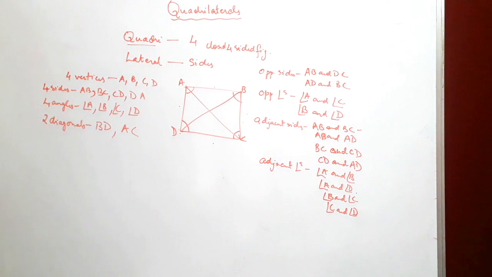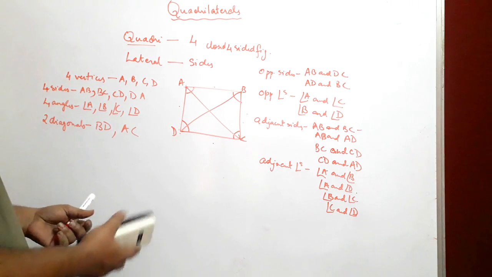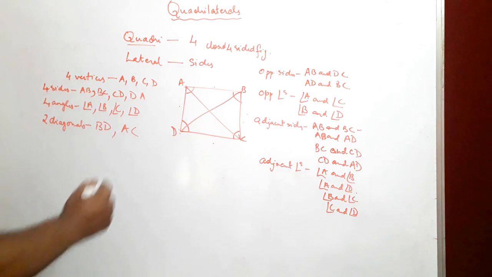So these are your opposite sides of a quadrilateral, opposite angles of a quadrilateral, adjacent sides of a quadrilateral, and adjacent angles of a quadrilateral. Now coming to one main property, though there are many properties of a quadrilateral and it varies from one type of quadrilateral to another, one fundamental property which is applicable for all types of quadrilaterals is this, that just like